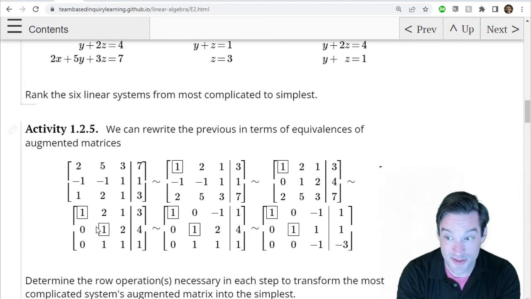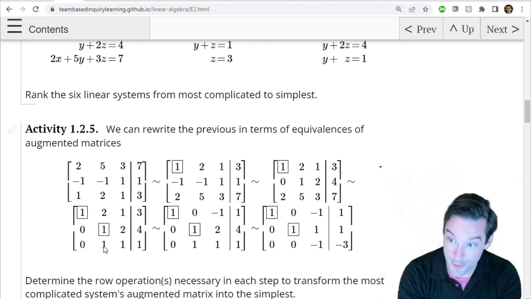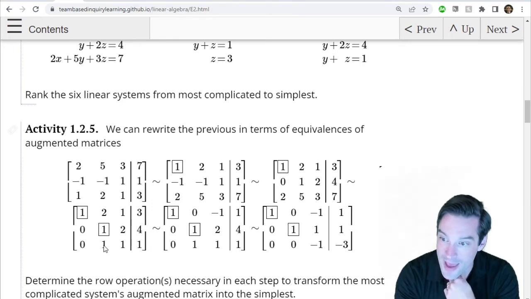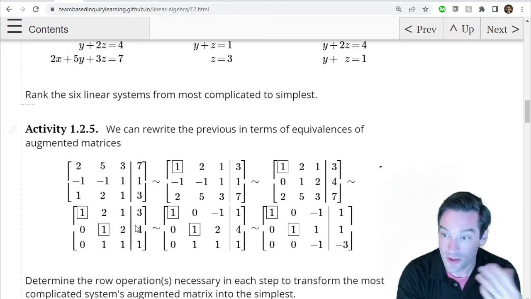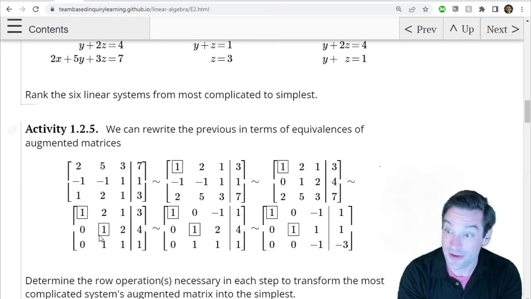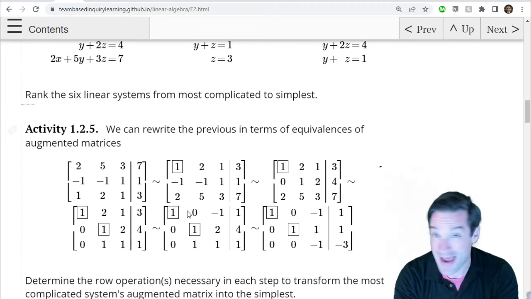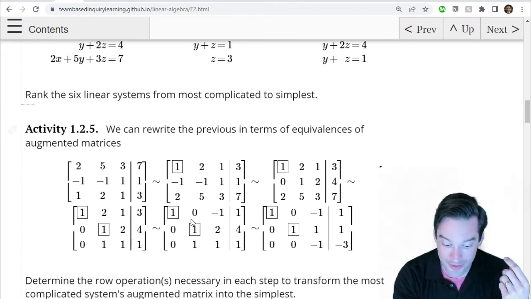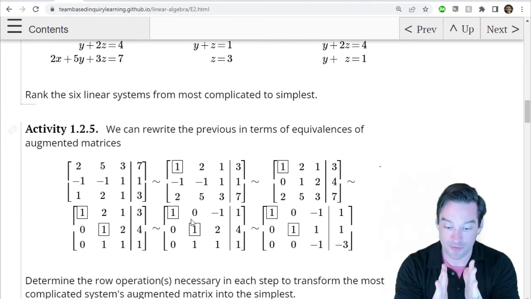So we'll call this our second pivot, and then we'll use that as the hammer to kill off everything else in its column. Now, in that process, you can do this in whatever way you like. It looks like the authors of this example, after they use the first pivot to kill everything below it, use the second pivot to first kill out something above it. It doesn't really matter, right? I think that you can make an argument for using each pivot